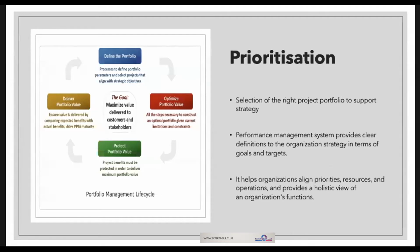So there could be a portfolio within marketing to deliver a strategic objective for marketing. There could be one within product that will deliver a certain objective for product. But in any case, the projects that fall under those portfolios need to be prioritized in order to support the strategy. And in order to maximize value delivery, there needs to be an approval process or prioritization process that the